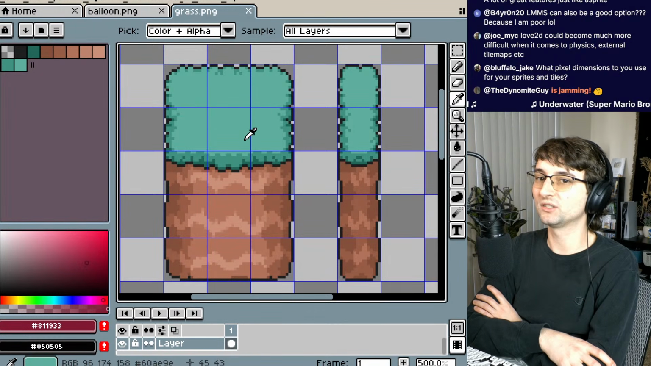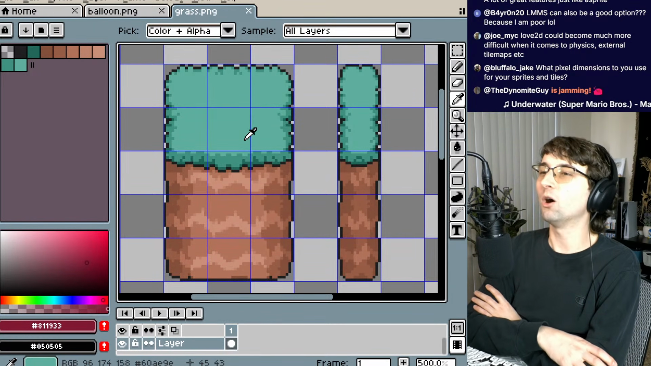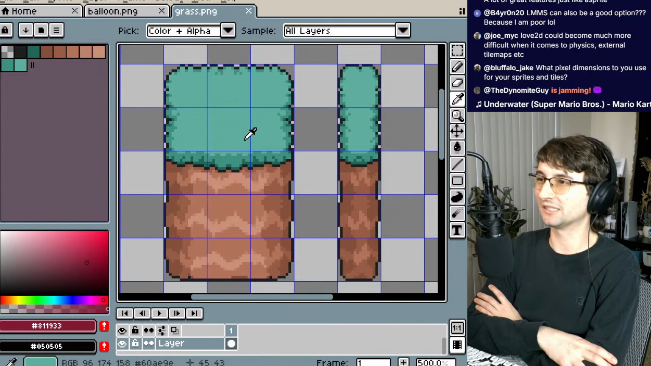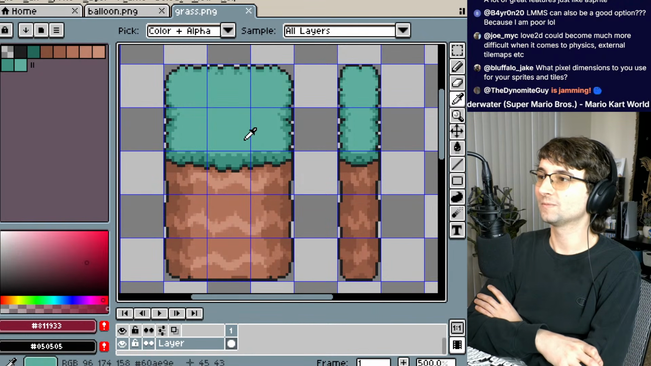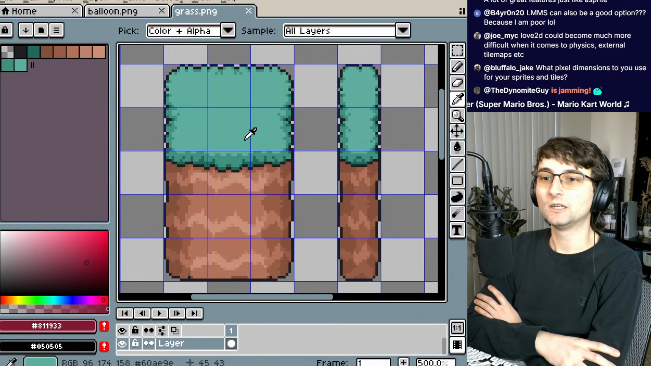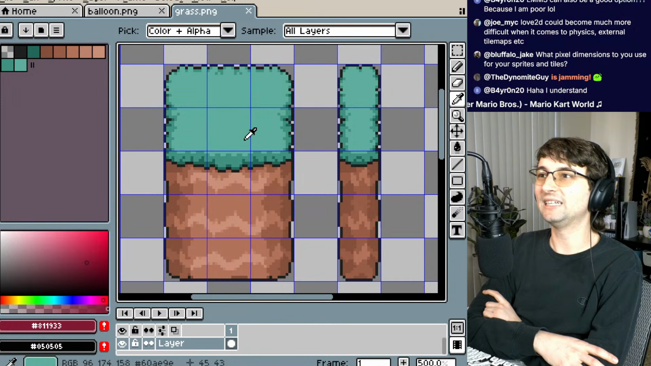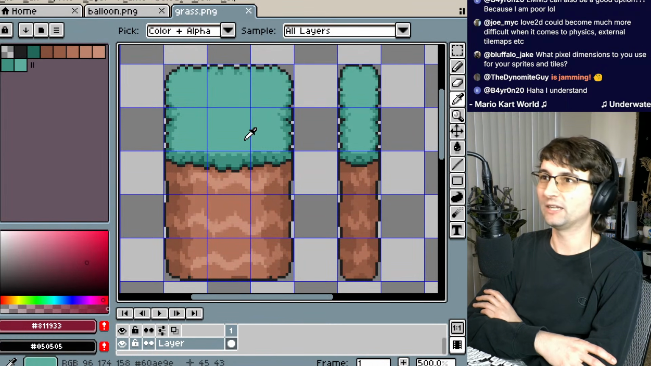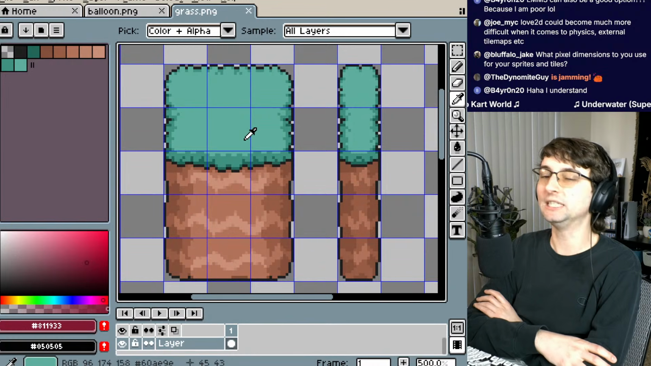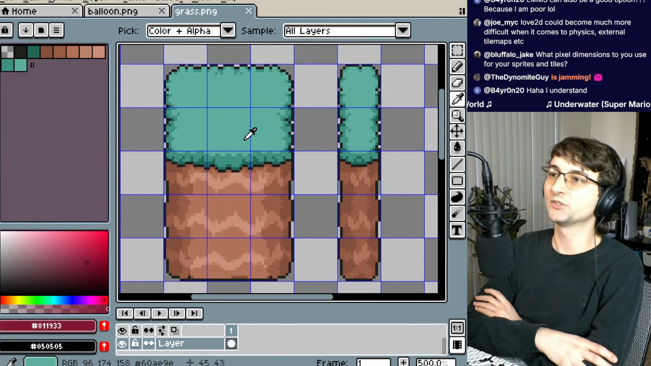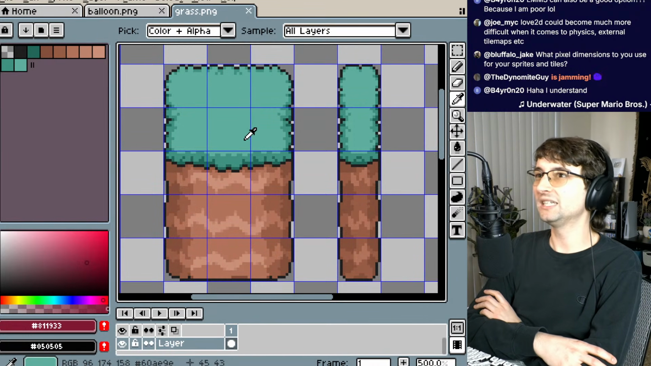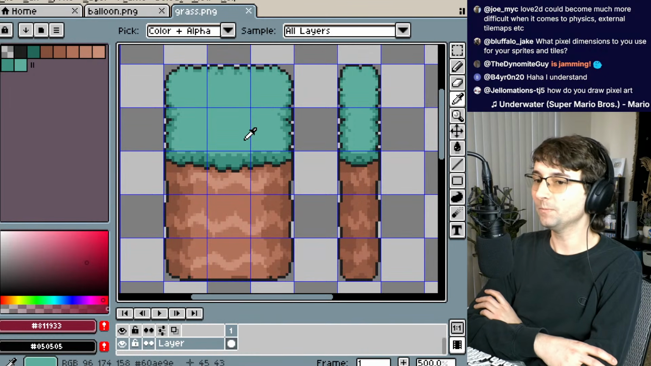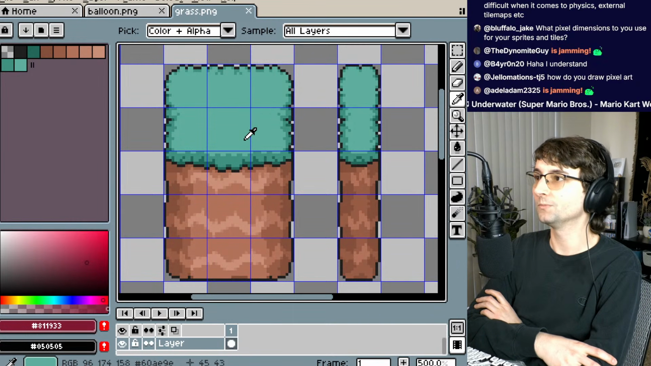What pixel dimensions to use for your sprites and tiles? So all my tiles I keep at 16 by 16, but it's not that important. You could use any dimensions you want for your tiles. If you made it like 71 by 13, you could do that. There's no rules. 16 by 16 is very clean because it's a power of 2, and